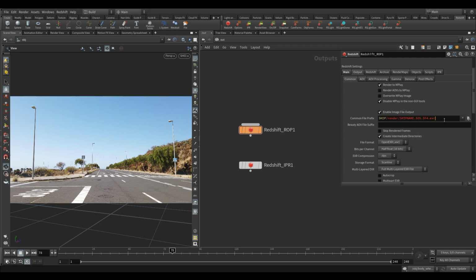we can type in where we want to actually render this. So I'm going to put this into class render. I'm going to make a new folder called class render. I'm going to use the $OS here because I'm going to use more than one of these ROPs. So I'm going to put $OS slash version1 slash $OS. So I'll have a folder called class render. In there I'll have a folder with this name, and then in that will be another folder called version1, and